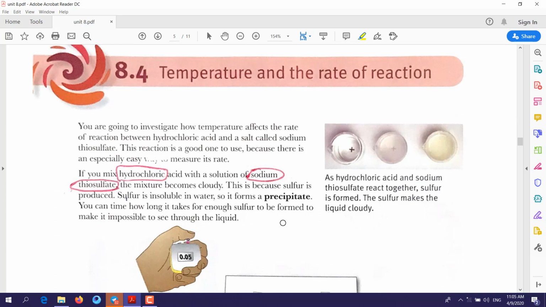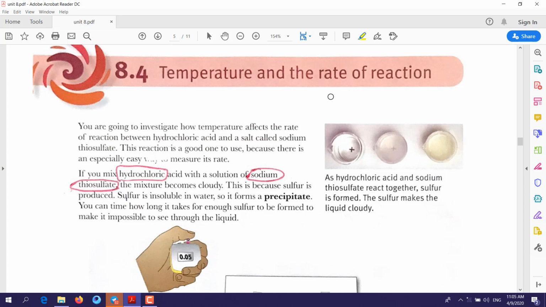Temperature and the rate of reaction. Temperature is also one of the factors that affect the rate of reaction. As the temperature increases, the rate of reaction also increases. More temperature, faster rate of reaction. An example,